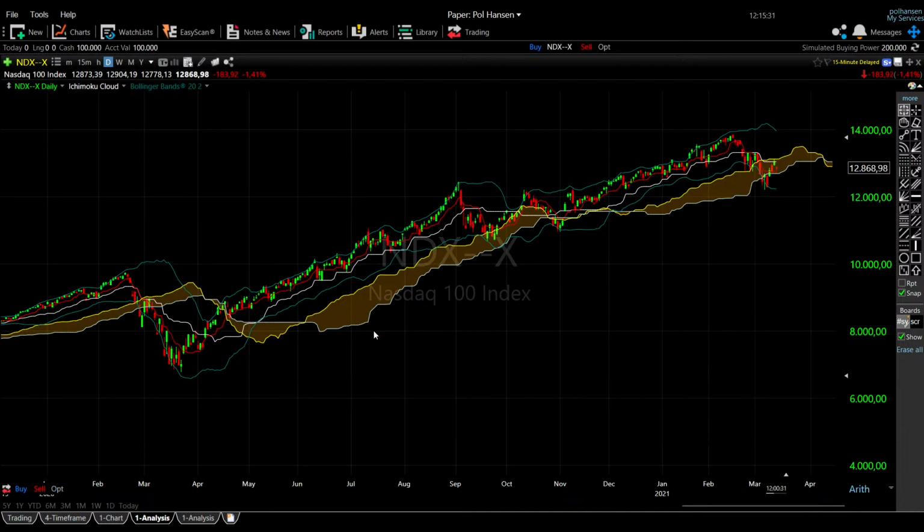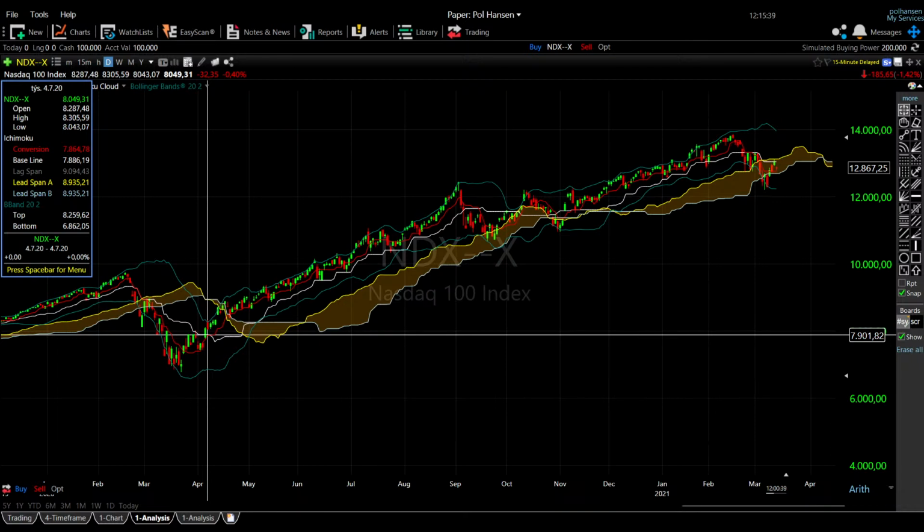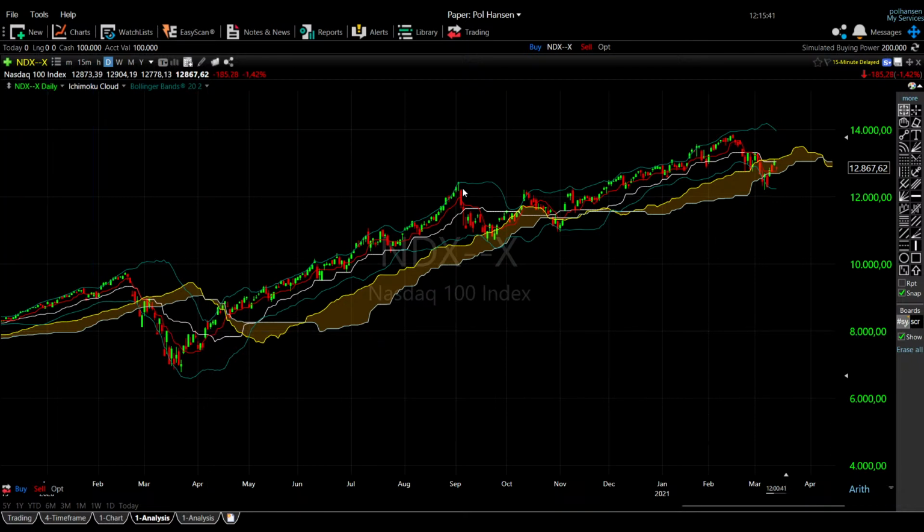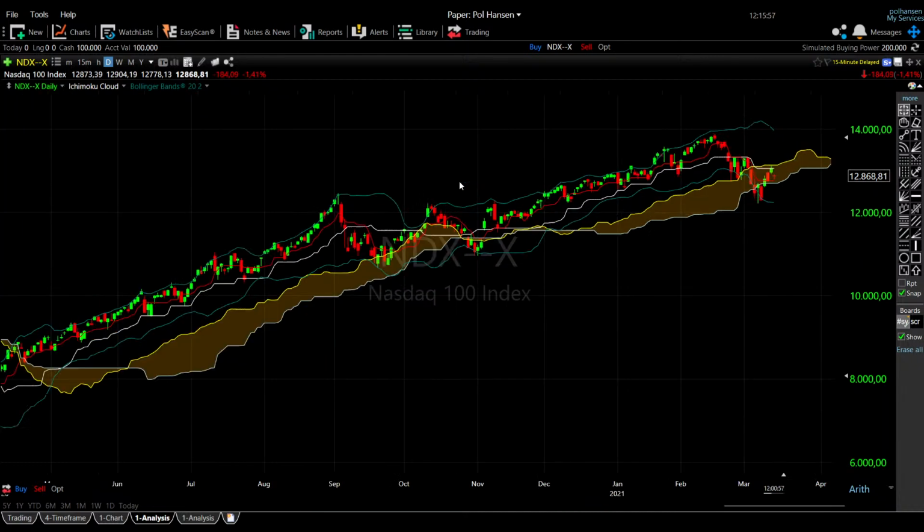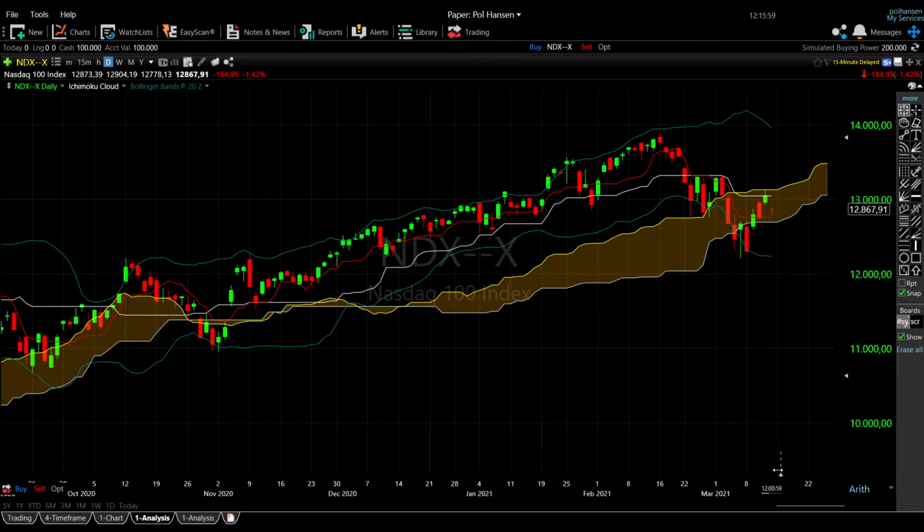range. So, for example, if you only had the cloud and you decided to enter here, the cloud will basically indicate that you should leave the trade right here when you have the next crossing. But by looking at the Bollinger Band, it would be far better to sell at this point. So if you go all the way back here,